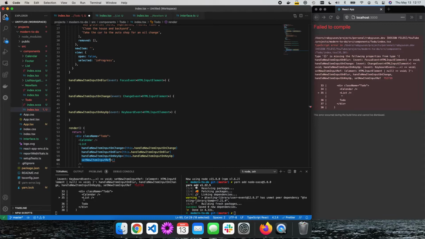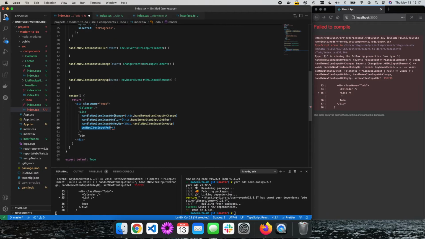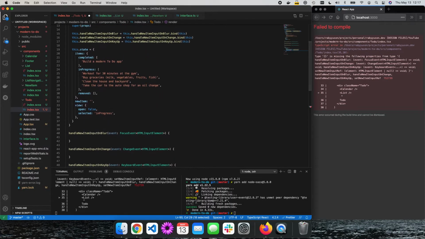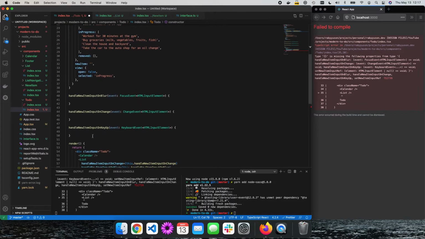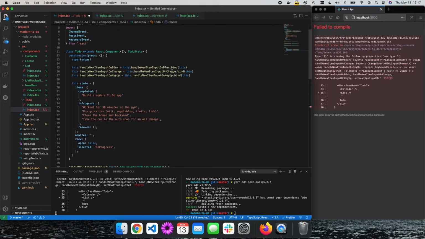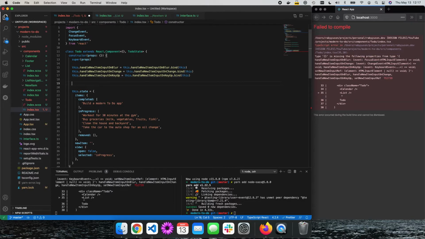So what we can do is we need to define here that function name. So it's going to be this.setNewItemInputRef is equal to this.setNewItemInputRef.bind it with this,